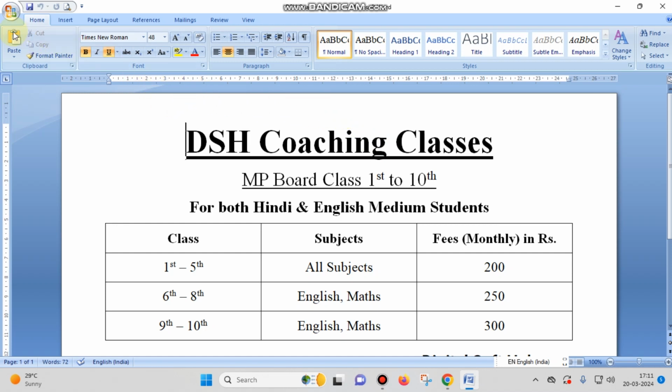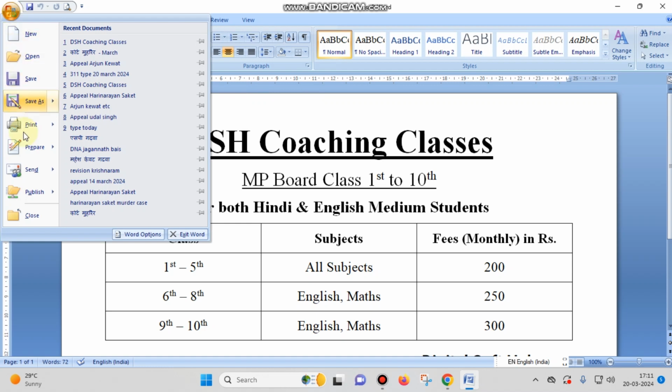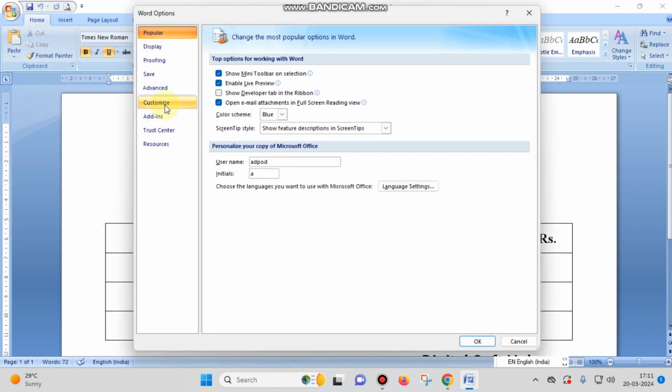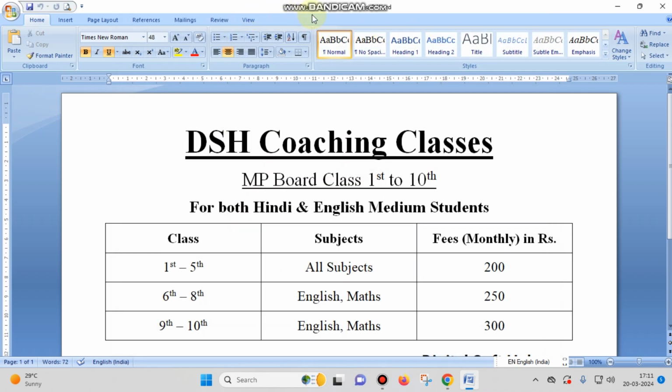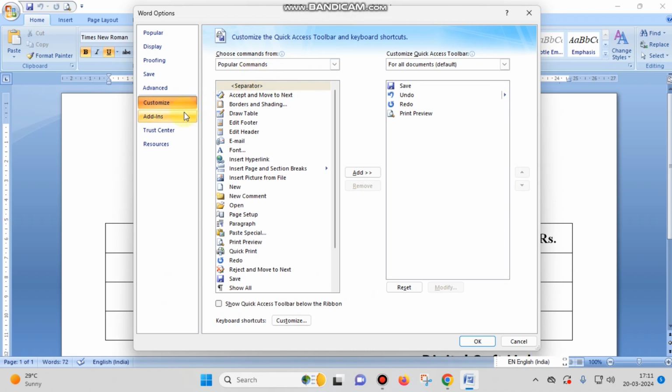So friends, you just click on the Office button, and here you will find Word options, and here you will find customize options. You have to go there, customize options like this, or you can just click in any blank area in your ribbon bar or tab bar, menu bar, like just beside the view option. You just have to click the right button of your mouse, and you have to choose customize quick access toolbar here, and here you can find the customize option. This is the same as when you went through the Office option.